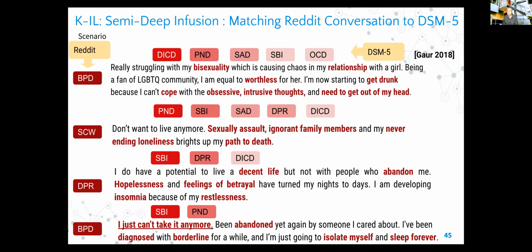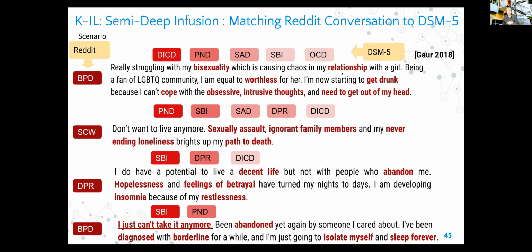Here on the left hand side, you see data coming from different Reddits. Bipolar disorder Reddit is the first one, and that data came from that. The third one is depression Reddit. And on the top, you see different concepts from the medical literature that are used to gain clinical understanding of mental health. It's called DSM-5, and that helps me define, let's say, bipolar disorder or suicide ideation.